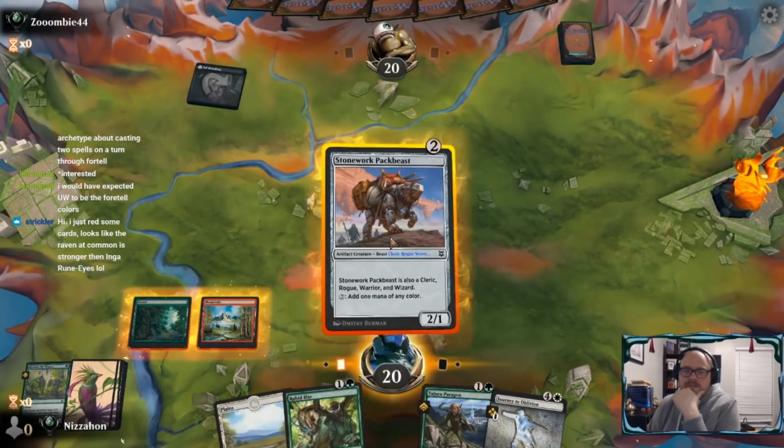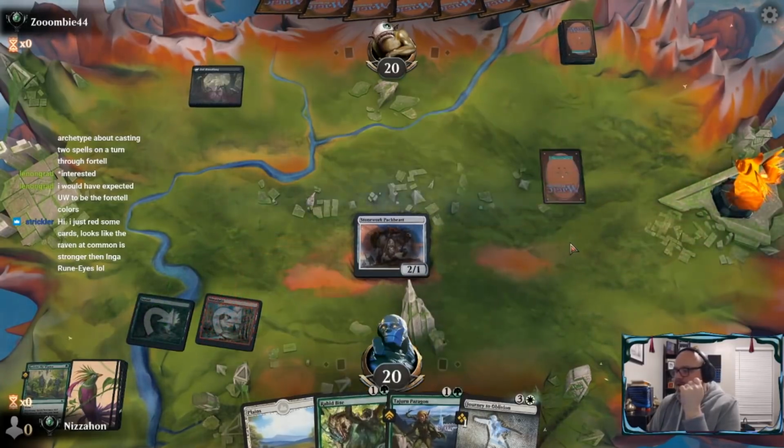So, I think we'll play the pack piece for now. If I can kick the Paragon later, I'd rather do that, so...